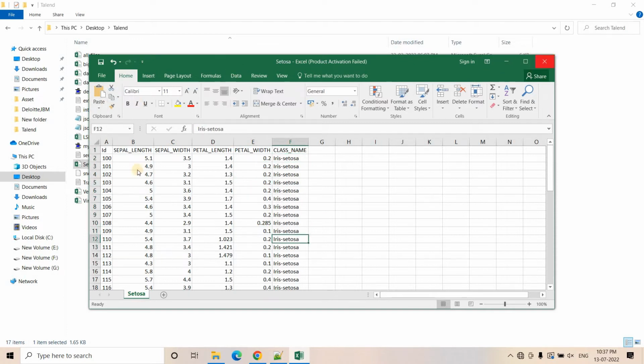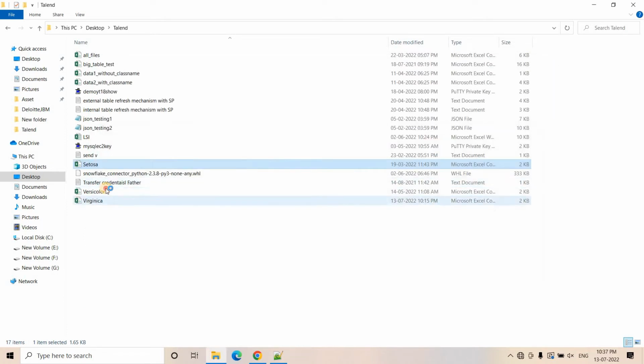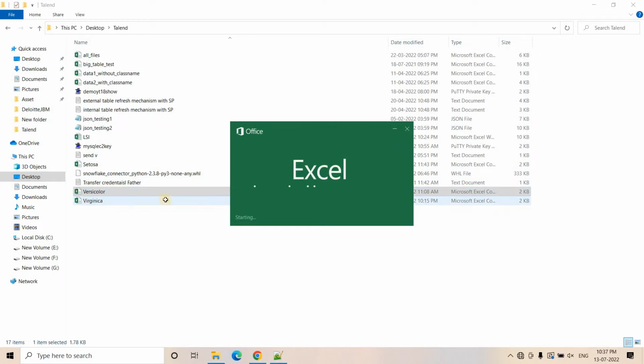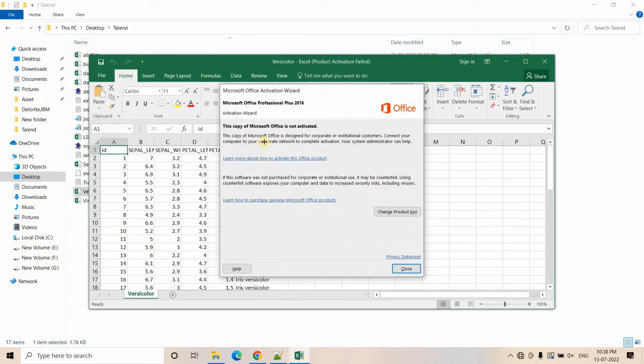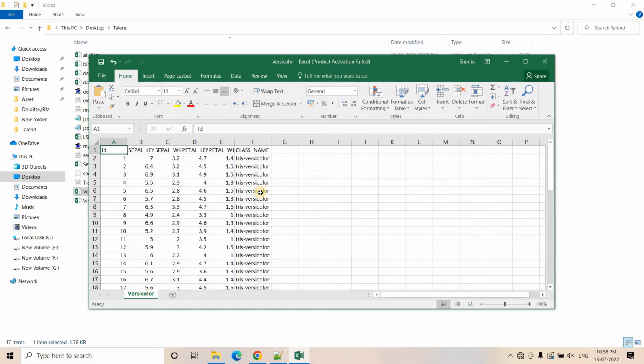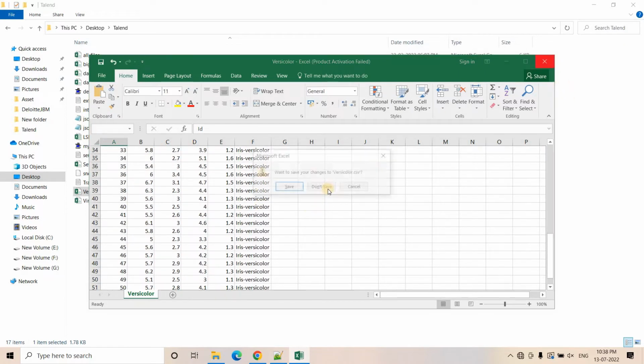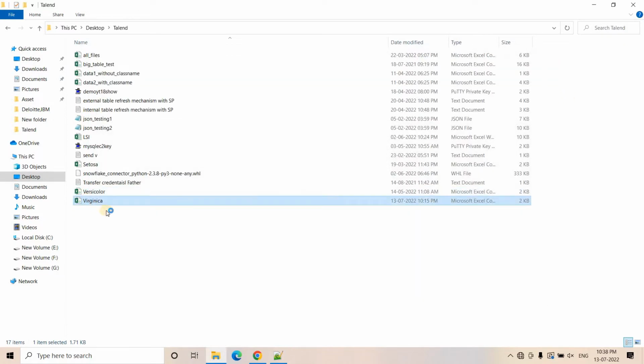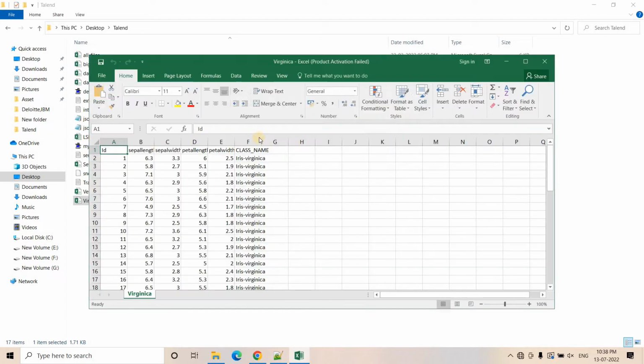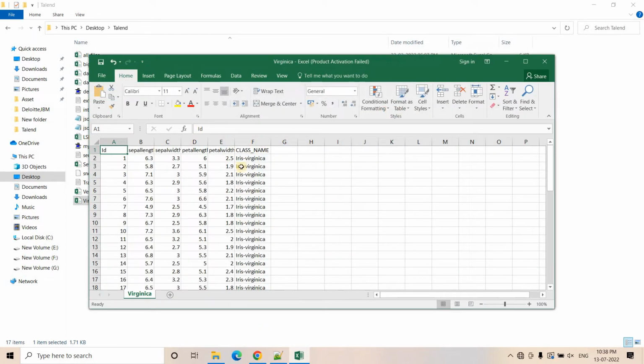Similarly, if I go to the next file, which is Versicolor, you will see that all class names are Versicolor only, right? And the last one is Virginica, where all the class names are Virginica. Now we'll upload three different files into three different folders in our S3 location,